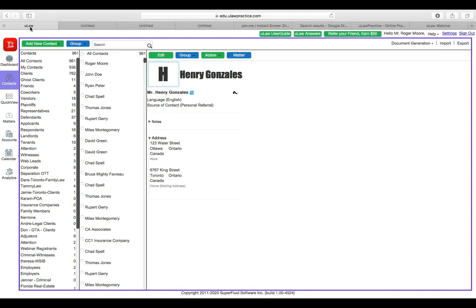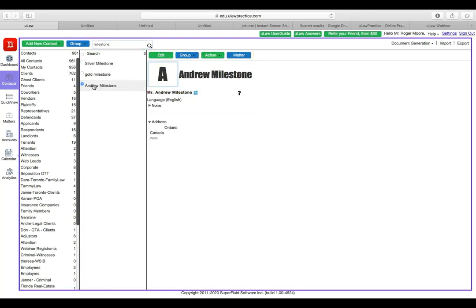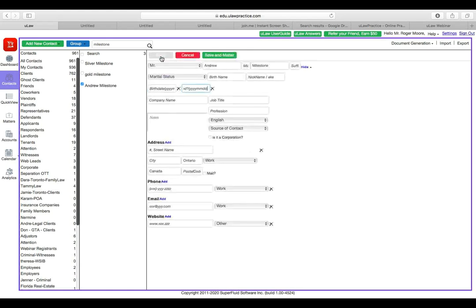It's also equally important for you to be aware of the expectation from the Law Society when it comes to managing client-related information as well. So if I were to search for Mr. Andrew Milestone, that report is going to give you a good audit, and you can do this end of the month, every quarter, at least definitely before the audit,